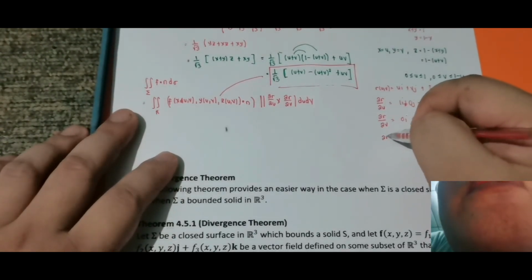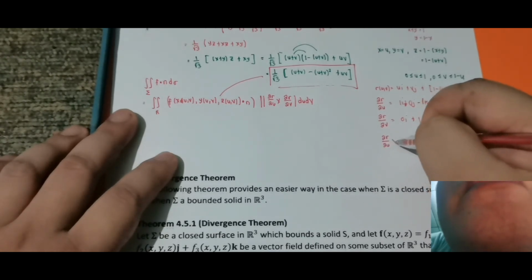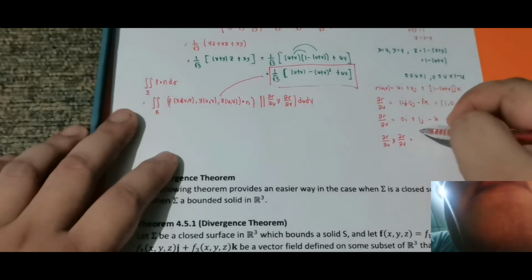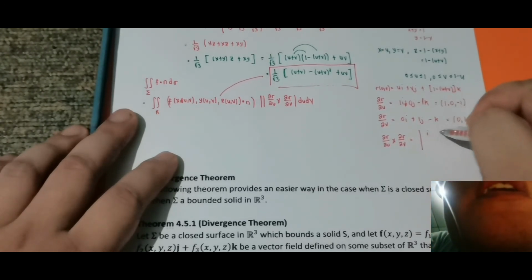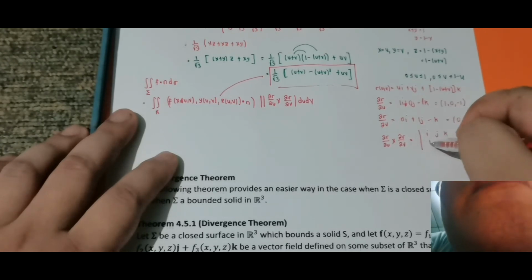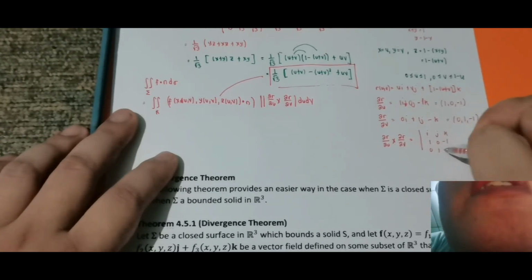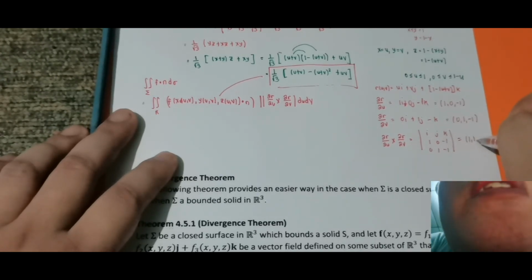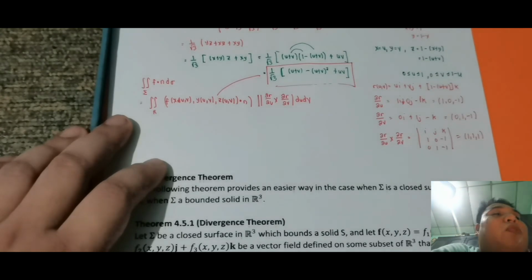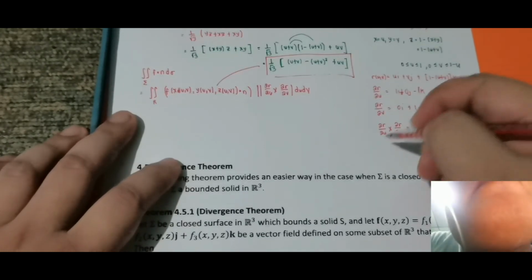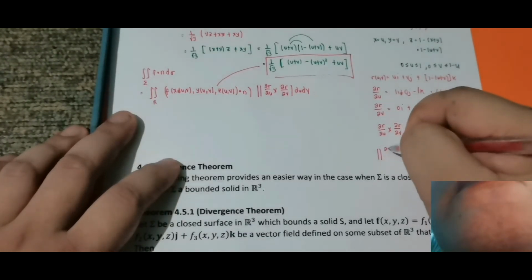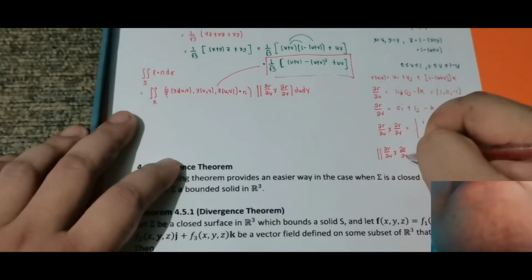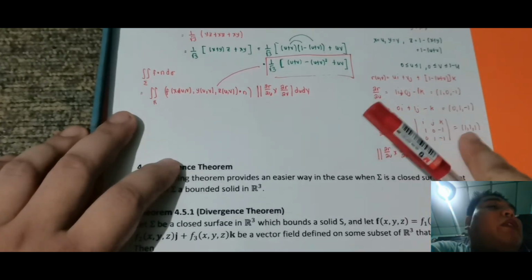So the cross product, rather, of the partial of r with respect to u and the partial of r with respect to b is equal to, as you notice, i, j, k, then 1, 0, negative 1, and 0, 1, negative 1. Obviously, the answer is simply 1, 1, 1, or i plus j plus k when you solve it. Since I'll take the magnitude of the cross product of the partial derivative of r with respect to u and the partial derivative of r with respect to b, this is simply equal to